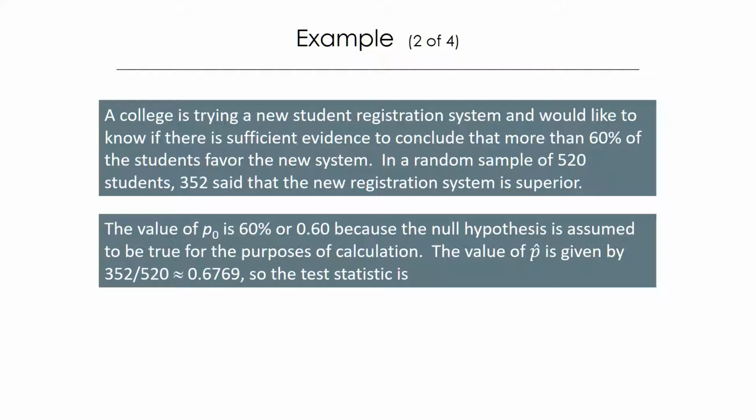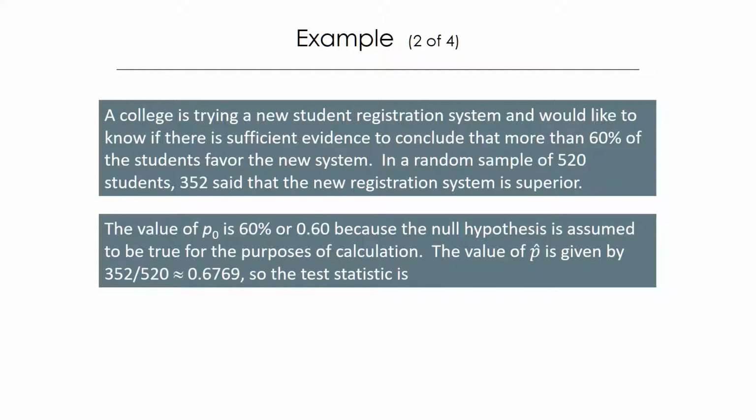Again, the example where the college is trying this new registration system and wants to know if they can conclude that more than 60% of students favor the new system. Here, p sub 0 is 60% or 0.60 because the null hypothesis is assumed to be true for the purposes of calculation. The value of p hat is given by the count, 352, divided by the sample size, 520, which is approximately